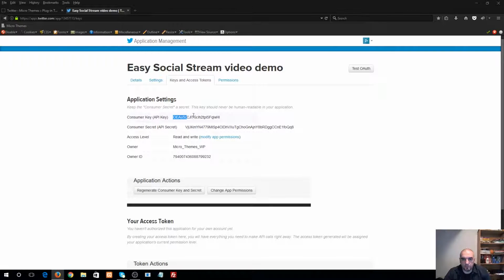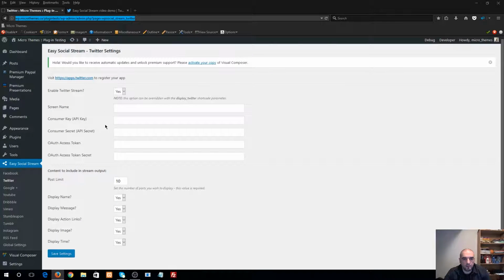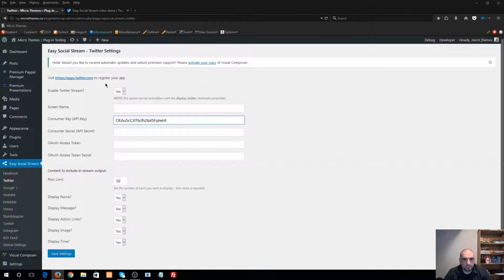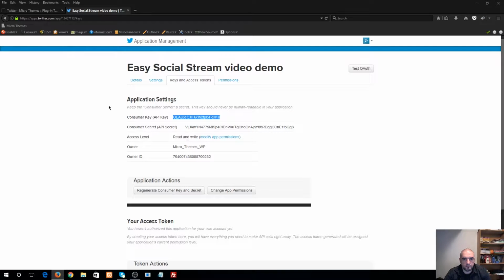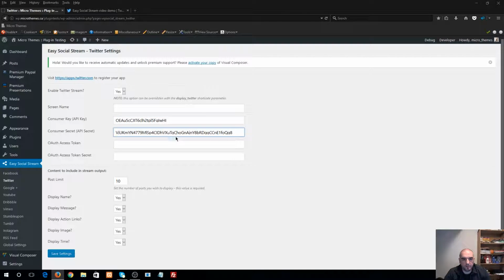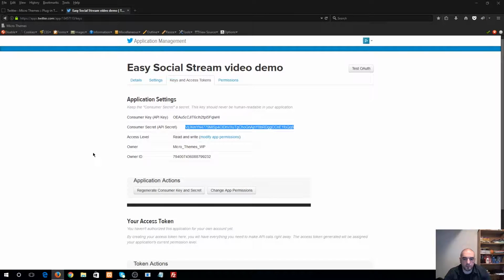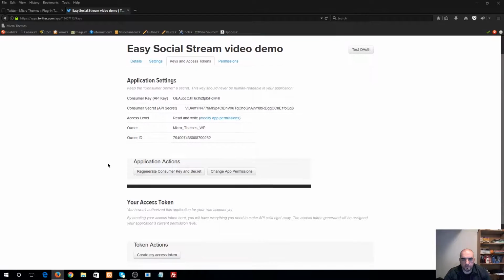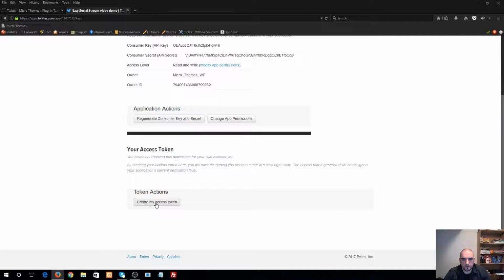Okay, so we've already generated the first half of our application. So I'm just going to quickly copy the consumer API key, and we're going to paste that here. And we're going to select the consumer secret API key. We're going to copy this, and we're going to paste that in here. Now we're going to need our access token and our access token secret, and that's very easy to do. All you have to do is scroll down here, select create my access token,